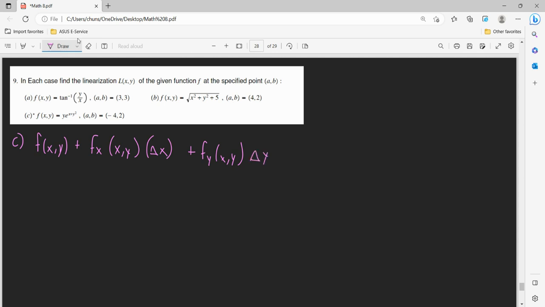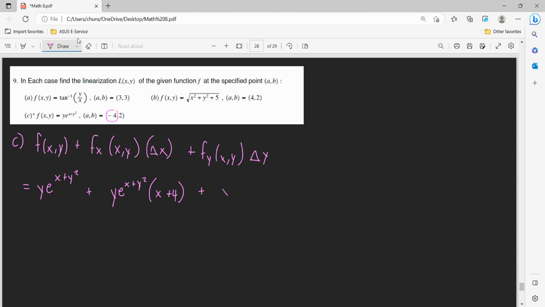Okay, so we'll start out with this first one. This is equal to y times e to the power of x plus y squared, and this is plus. So the partial derivative, this is going to be y times e to the power of x plus y squared. The derivative with respect to x would just be 1 for x, so this just stays the same. And this is times our delta x, so our x variable minus our initial point, which is negative 4, minus negative 4 is plus 4, and this is plus our final